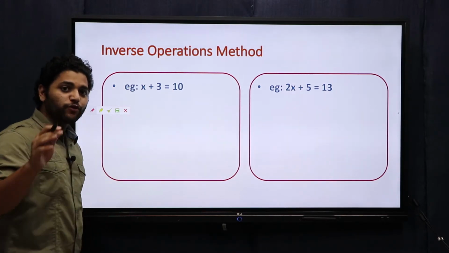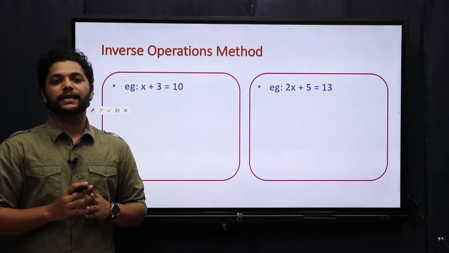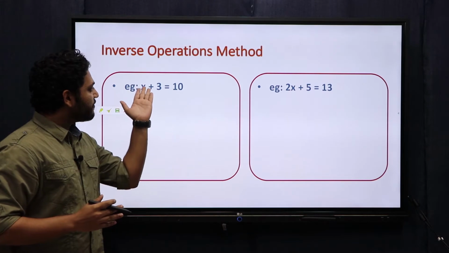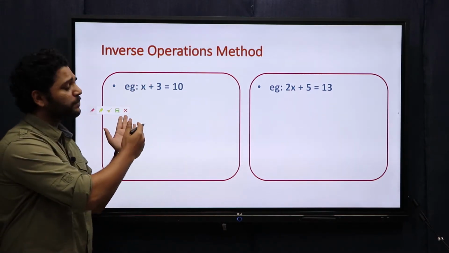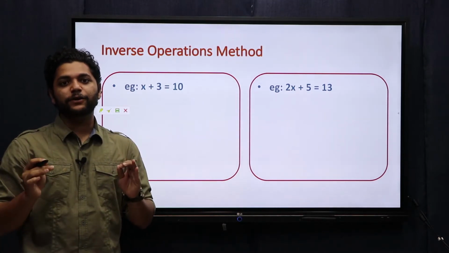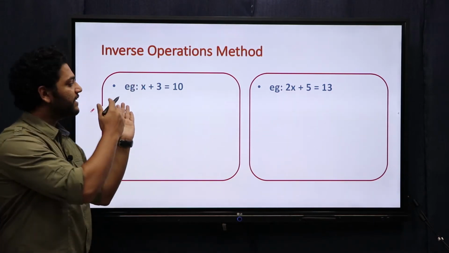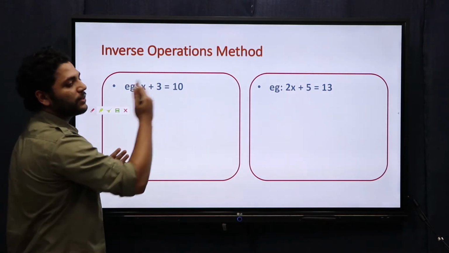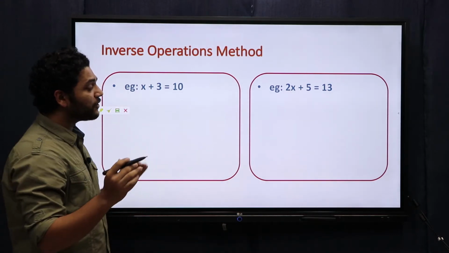Now, as you already know, in equations there are some rules that you would have studied in class 7: if I am adding something on the left hand side, I have to perform the same thing on the right hand side. It need not be addition. I mean to say, if you are doing a mathematical operation on the left side, the same mathematical operation has to be done on the right side. Only then the equation will remain balanced. It's very similar to a weighing balance.